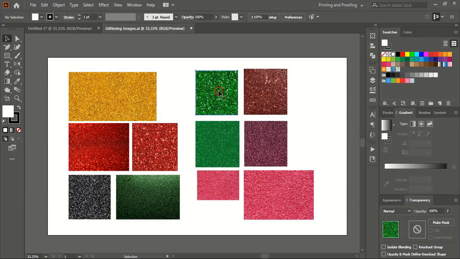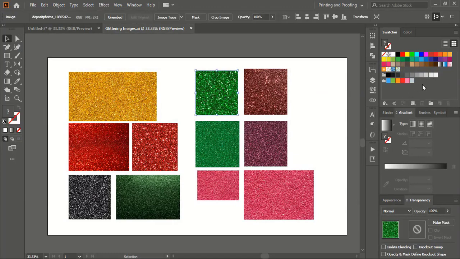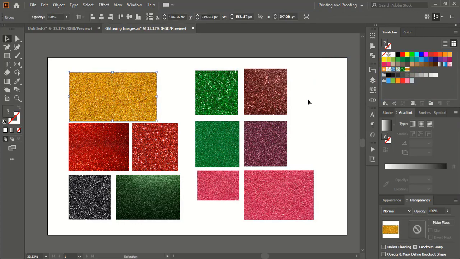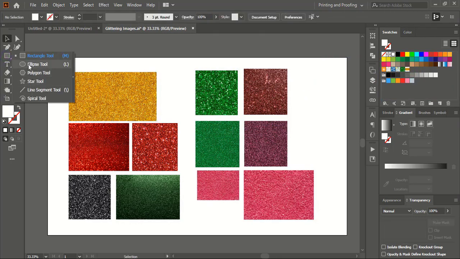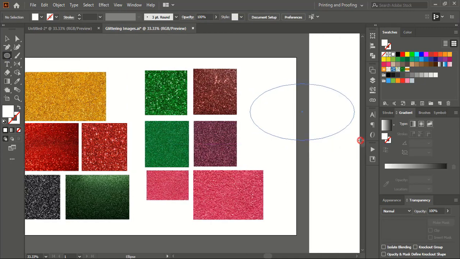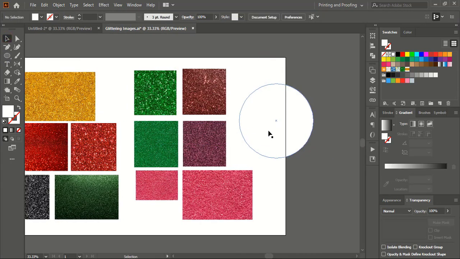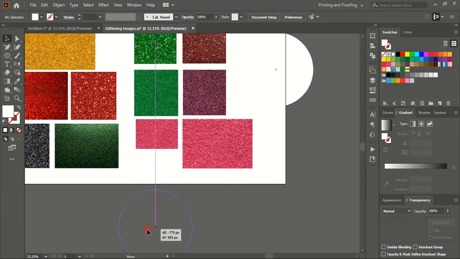After that, this is the one I want to install it here. Just you need to drag the image and leave it here. You can see it applies here. Suppose this one you need to apply, so just drag it, it will add here. And now if you make any shape, suppose this is the shape you made, and here you want to apply the glittering effect.